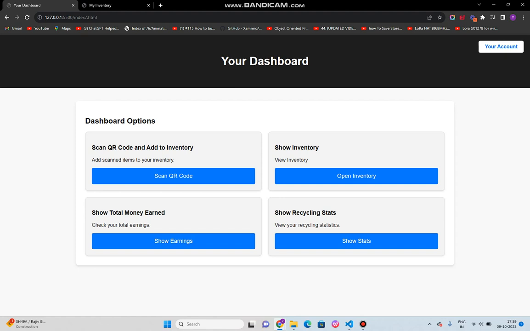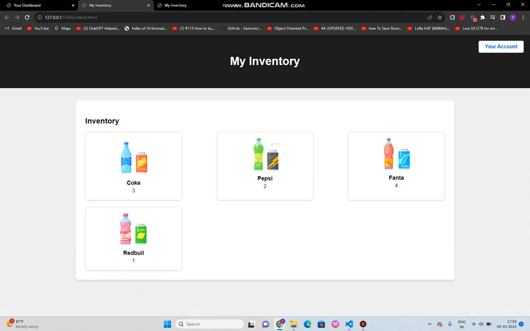Right now, it is a website. We are developing an app right now. He or she has to scan the QR code. So whenever he or she scans the QR code, the type of drink, the Coke bottle, gets added to his inventory digitally. So let's open inventory. Every time I scan the QR code of a new bottle, the quantity of bottles scanned here keeps on increasing. Now it's three. The next time I scan it, it's going to be four.